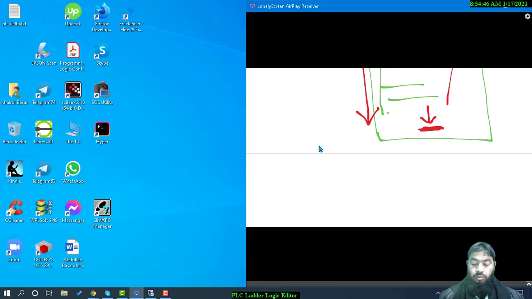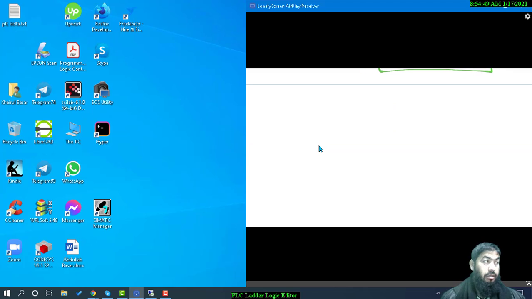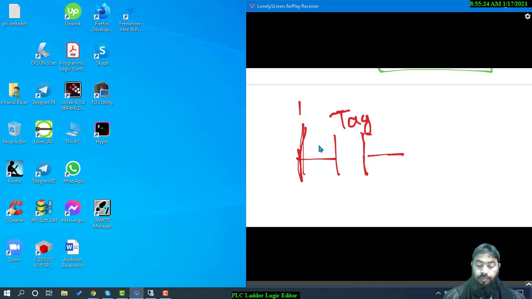Now, a few things to note. You now understand what a rail and a rung are, and there is one more thing to understand: each ladder instruction has some input and output. For example, this instruction is actually checking for on. So it will have a tag name or variable name assigned to it. So that is kind of an input, and also the rail,